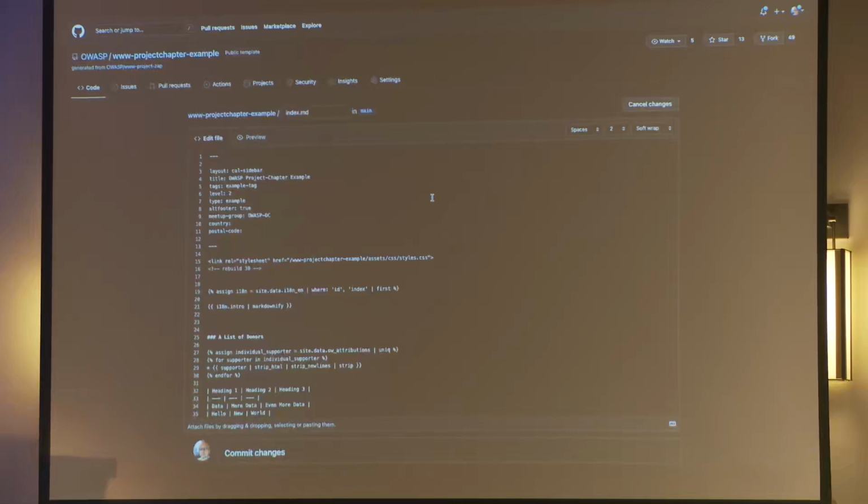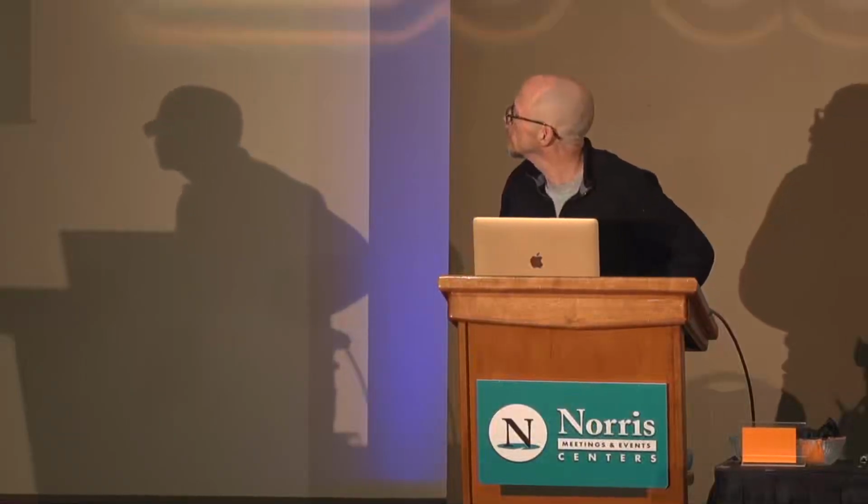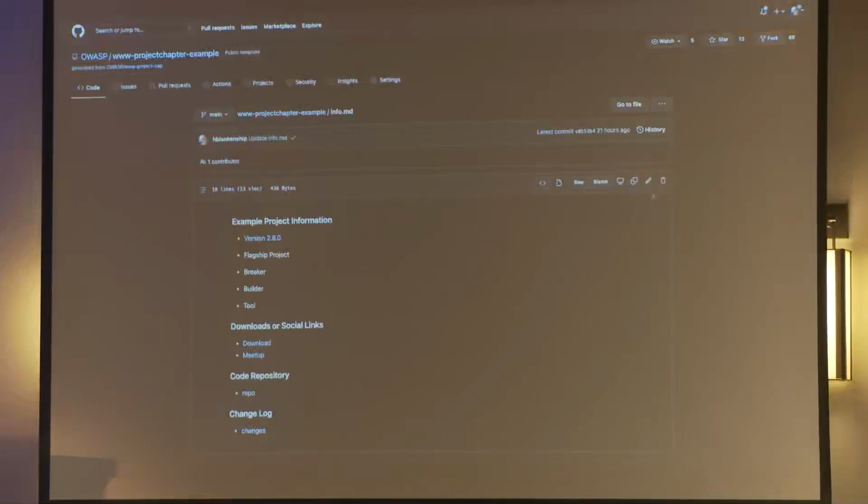The level will be set, like I said. There's really not much you want to do with that, and you definitely don't want to delete it because that will just cause major issues. Your site will not build. And next we can look at real quick the info.md file. That's pretty straightforward, right? That was the sidebar at the top right.